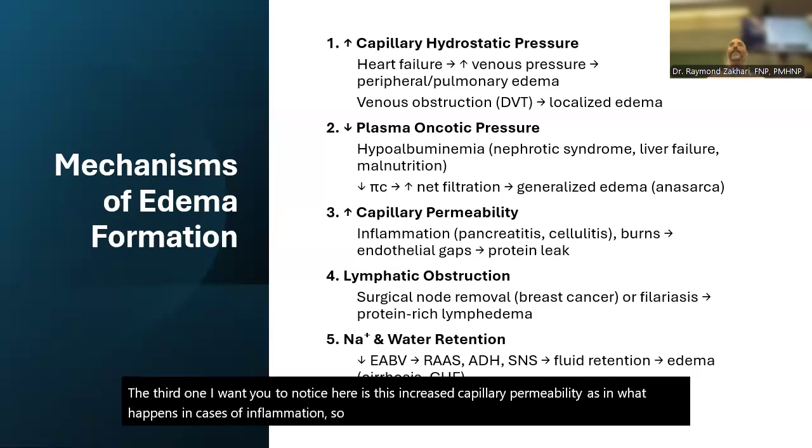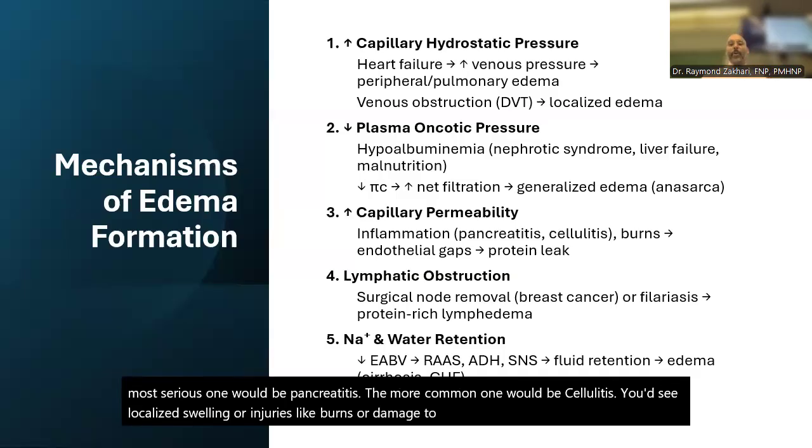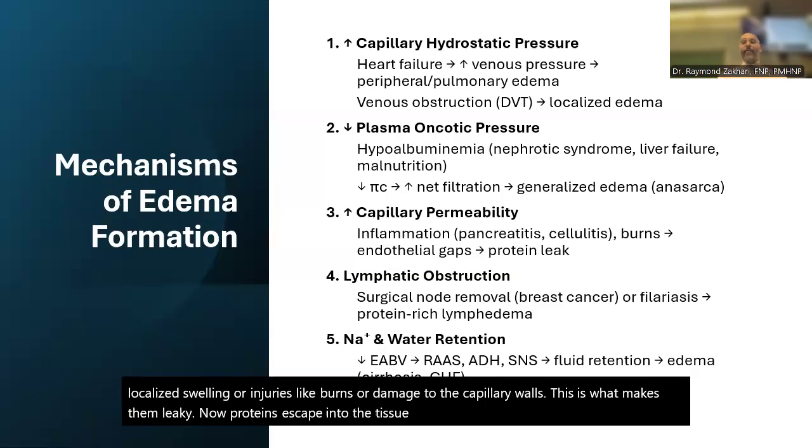So think any inflammation, anything that ends in an itis. The most serious one would be pancreatitis. The more common one would be cellulitis. You'd see localized swelling, or injuries like burns or damage to the capillary walls. This is what makes them leaky. Now, proteins escape into the tissue, they pull the fluid out, causing the swelling, and the edema is often localized